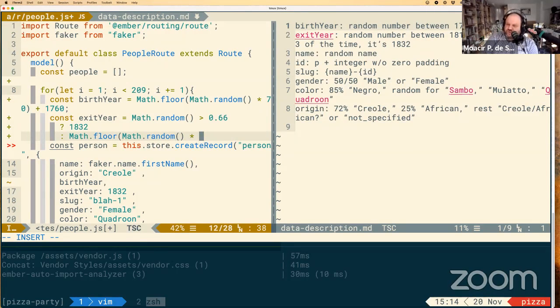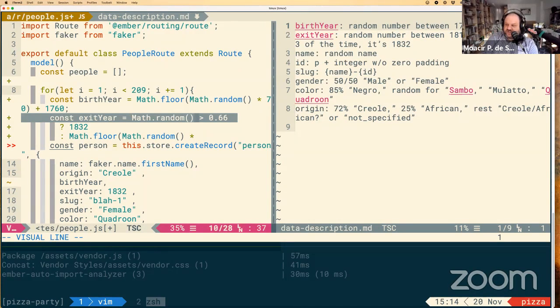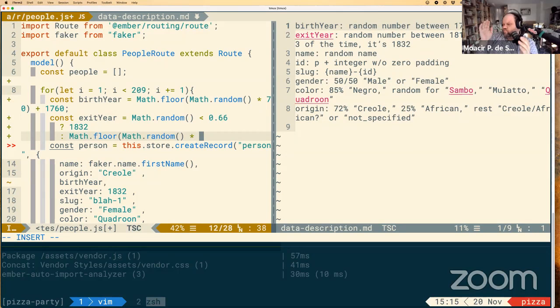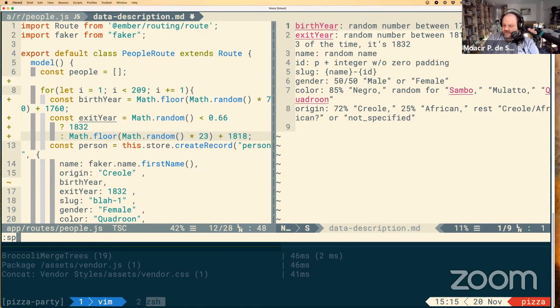So this is doing 2 coin flips. For the first coin flip, if the number is less than 0.66, we just say the exit year is 1832. If the number is greater than 0.66, then we flip a coin again to get a new number between 0 and 1. And then we multiply that by the range, which is 1831 minus 1818, which is 23. And then we add 1818 so that it shifts to being between 1818 and 1831. Does that make sense? Yeah. Okay, so let's